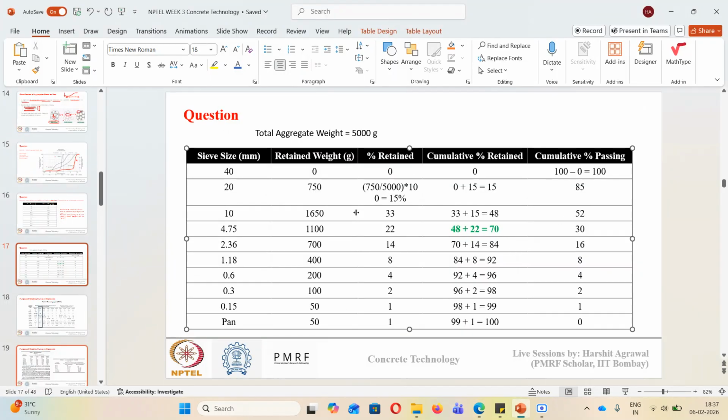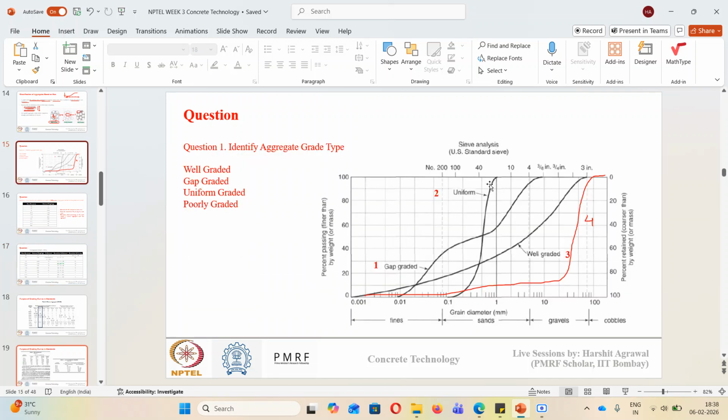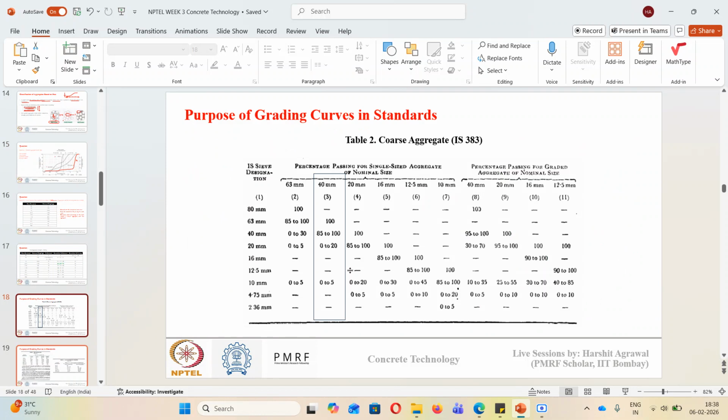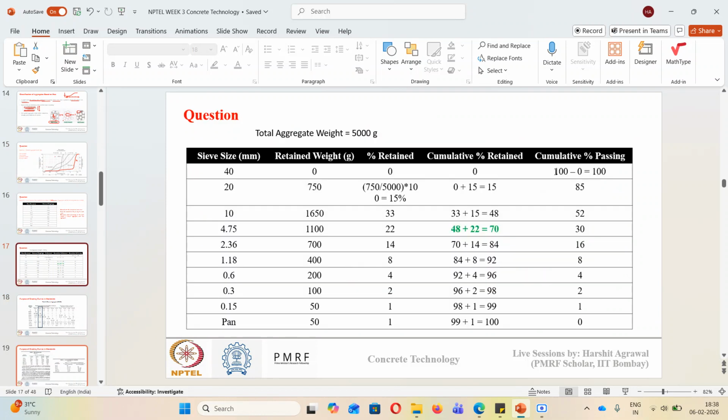This is very important. Whenever we get aggregates in the laboratory from any source, this is a very important test for us, to calculate the gradation of aggregate and know whether the aggregate is uniformly graded, gap graded, or poorly graded. We need aggregates which are well graded or uniformly graded. Gap graded and poorly graded aggregates are not desired. Why? We'll see later when we talk about packing density. Based on the gradation profile that we obtain, that is cumulative percentage passing versus sieve size,